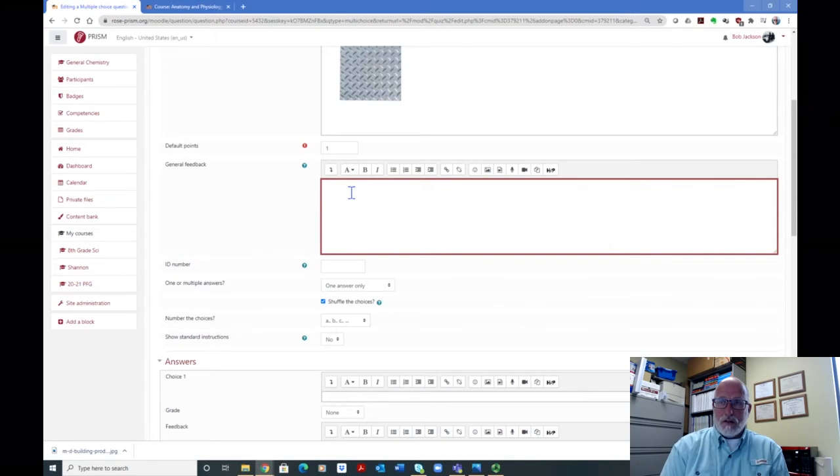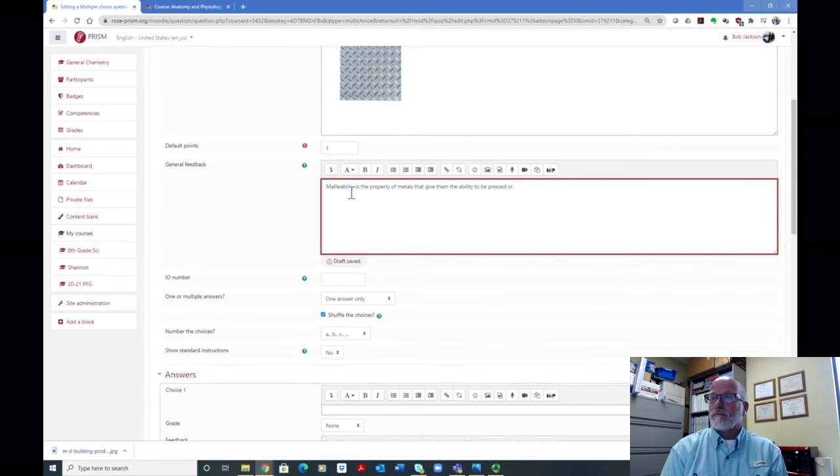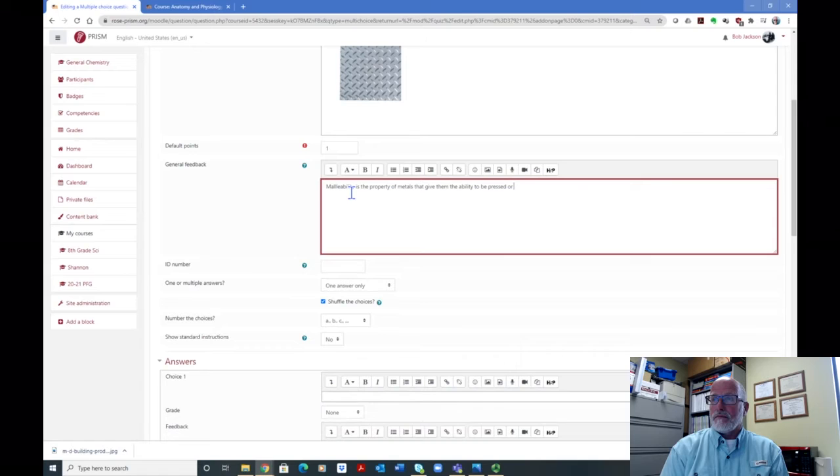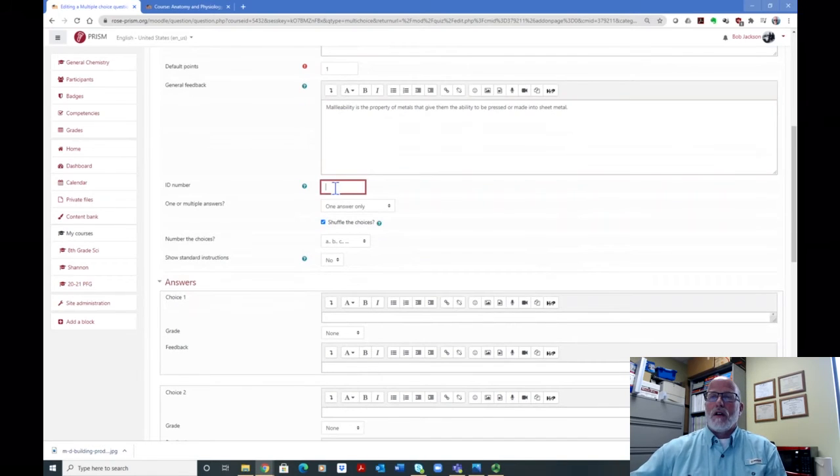Okay, and you can put what you want in here and say malleability is the property of metals that gives them the ability to be pressed or made into sheet metal. Okay, now then, you can give them an ID number which can help you organize your questions in